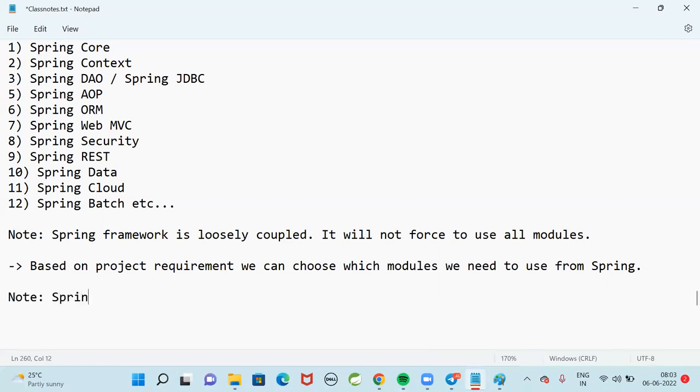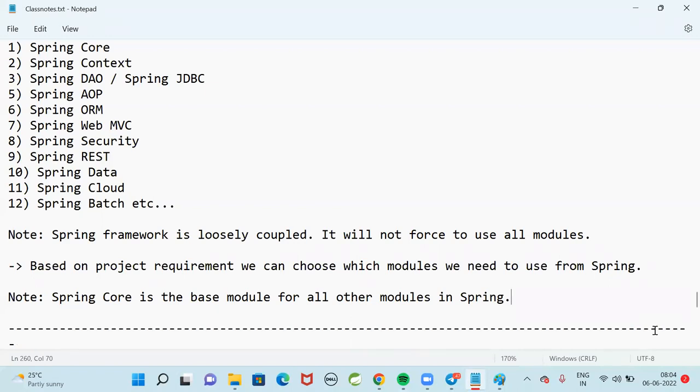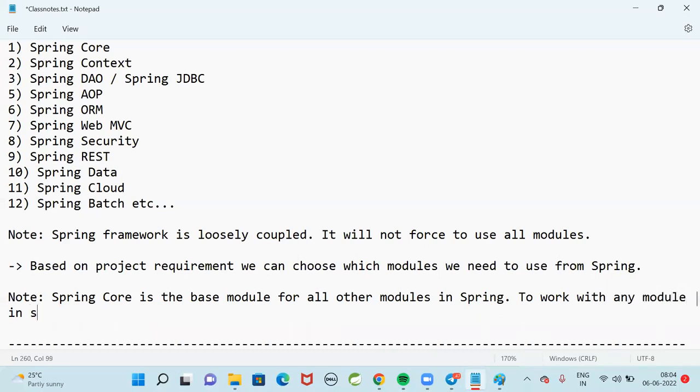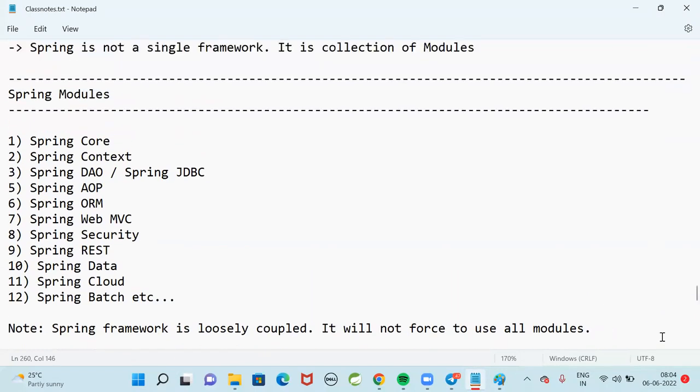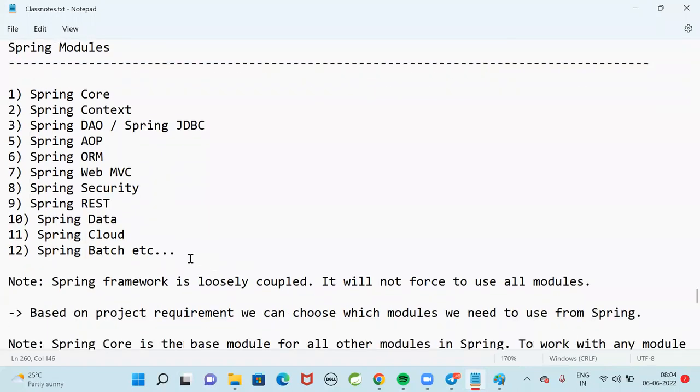To work with any module in the Spring, first we need to know Spring Core module, because it is the base module of all the other modules in the Spring framework.